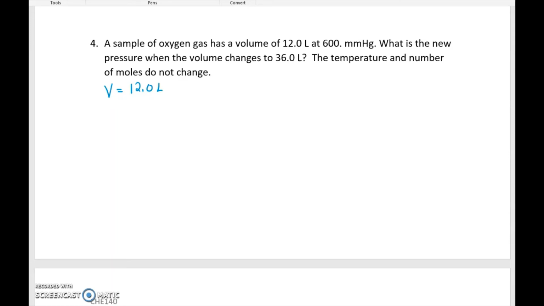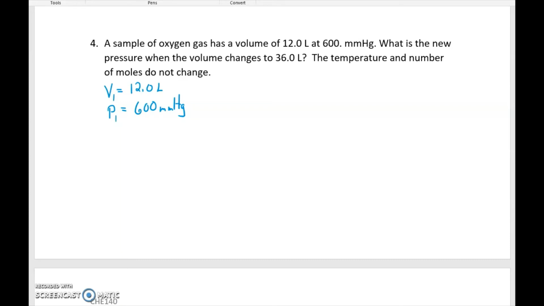Well, I know millimeters of mercury is pressure, so we know the pressure is 600 millimeters of mercury. What is the new pressure when the volume changes? So these will be our initial pressures,